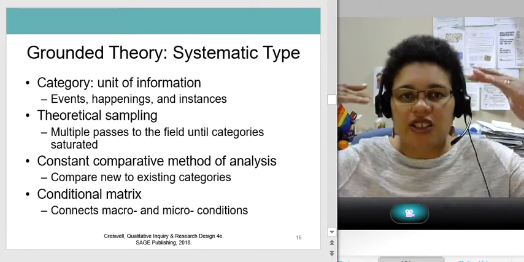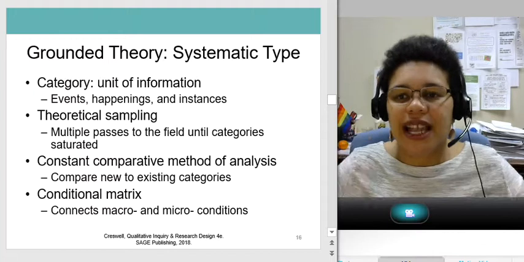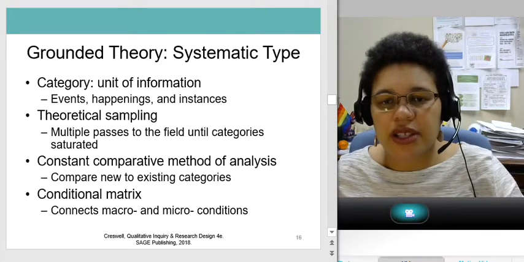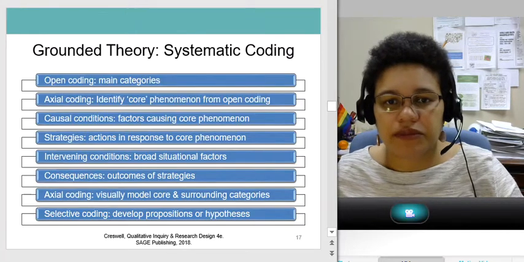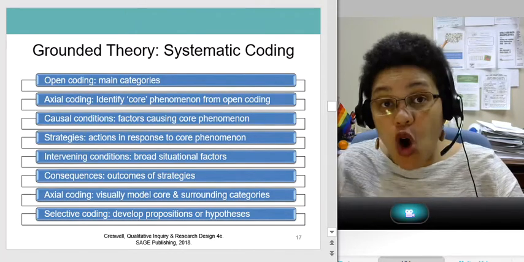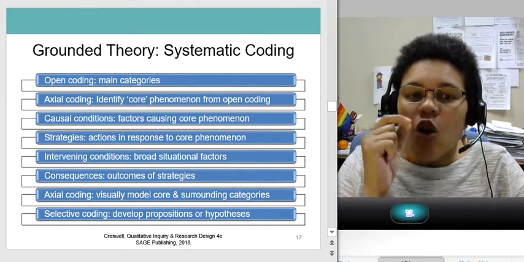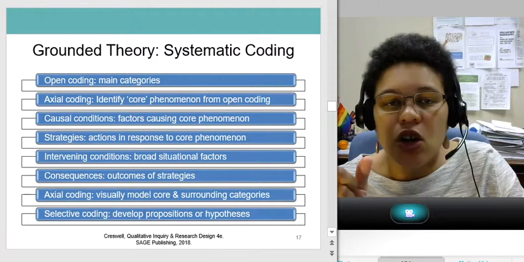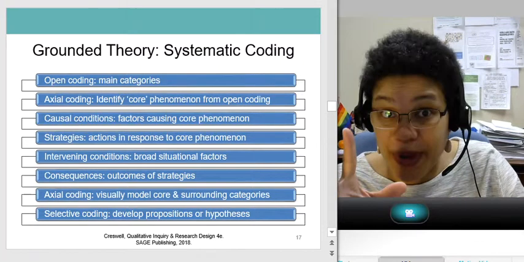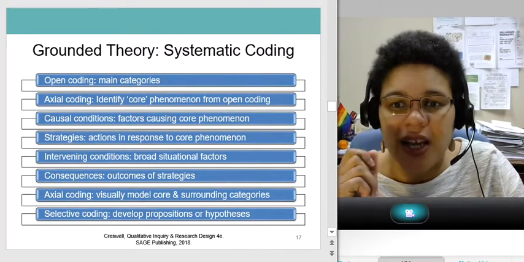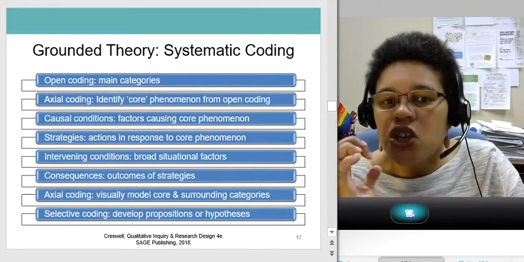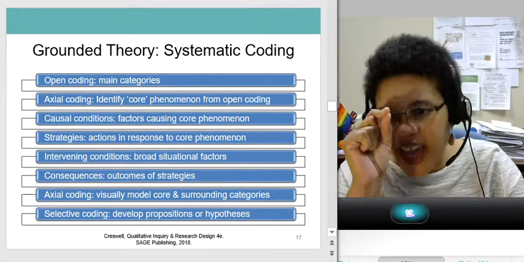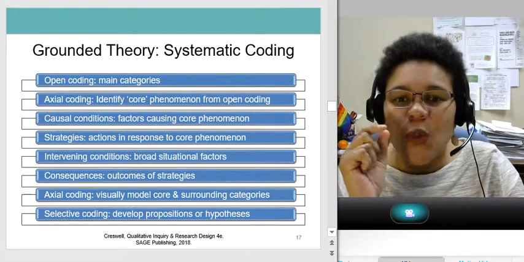So you see that there are these terms that are related to the process of doing the data collection and analysis. So the coding, all right, open coding for the main categories. In axial coding, you're identifying the core phenomenon. Here's this phenomenon idea again. From the open codes, you're figuring out causal conditions, and I always think of arrows. What's leading to what?